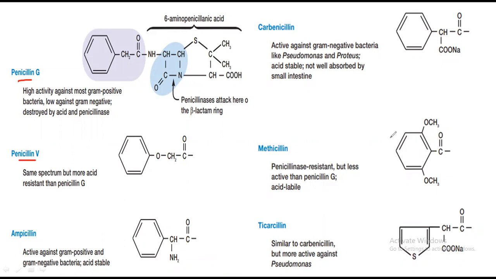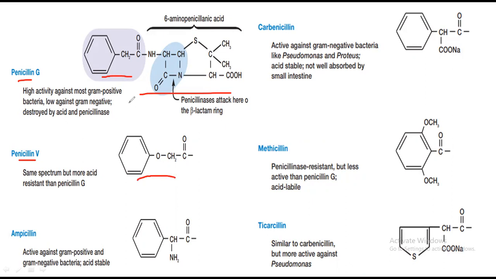When penicillin G and penicillin V were introduced, within 1 or 2 years bacteria became resistant to this penicillin. After that, the scientists made modifications to the structure of penicillin, and then it was much more effective against bacteria. So just look here at the structure. This part of the structure is the same, the 6-aminopenicillanic acid, and changes are made only to this part that is shown in gray. So the scientists are making changes to this part.